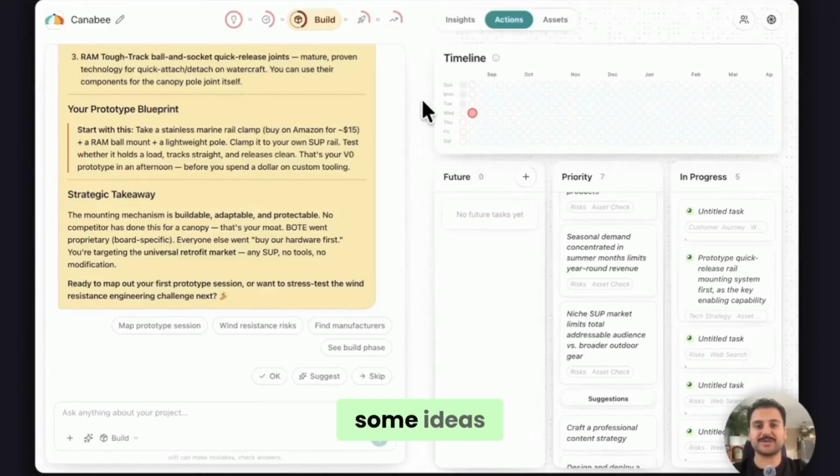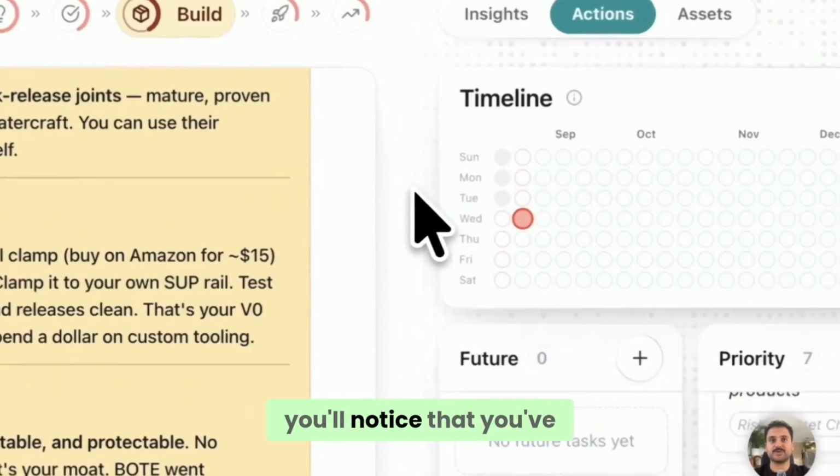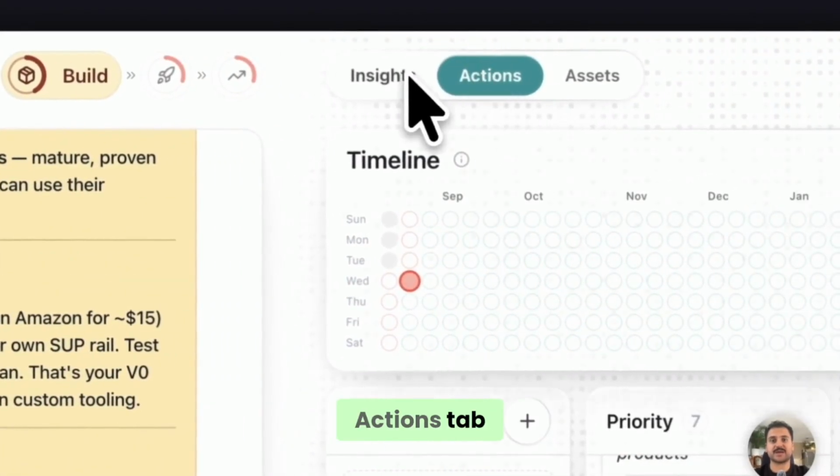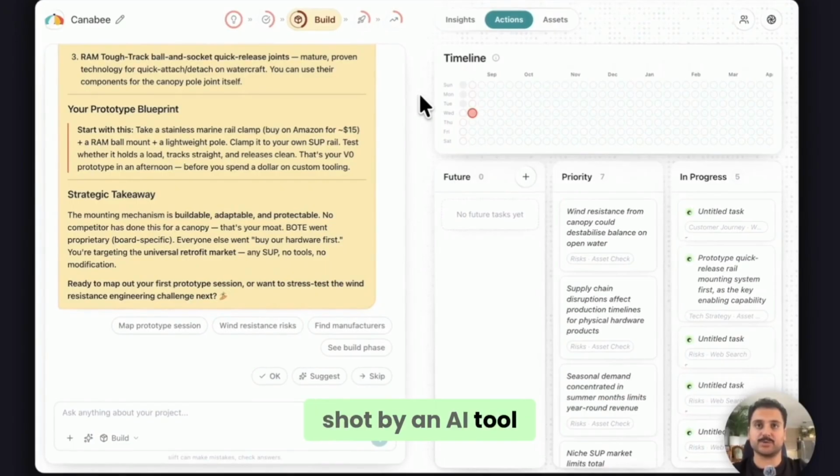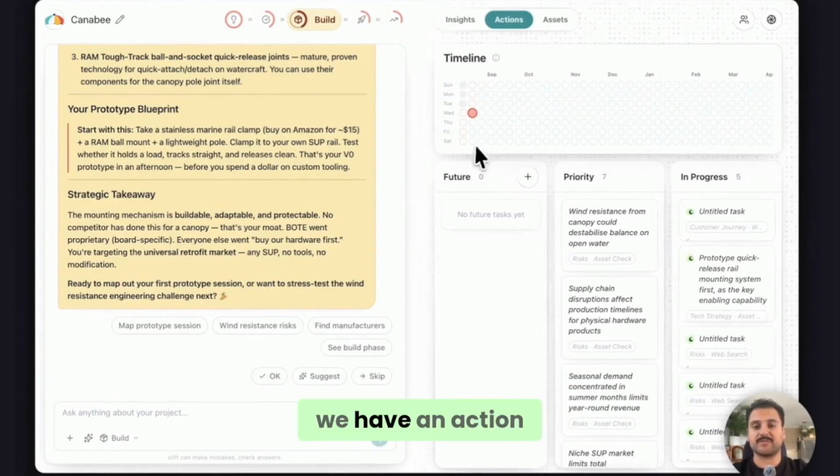Now that we've validated some ideas, we can start to actually build things. First, you'll notice that you've switched over to the Actions tab, and that's because building things usually takes multiple steps that can't be done in a single shot by an AI tool. Lots of steps need to be done by humans, and to maintain our business thinking, we have an action board